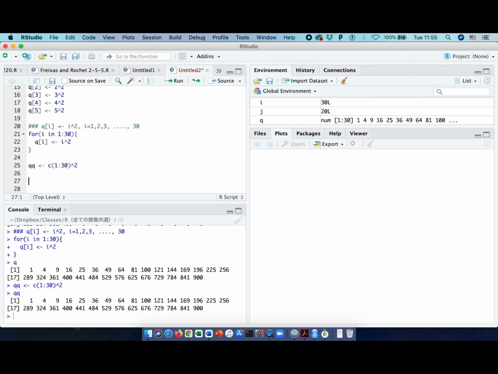But the next example is actually an example for which you have to use a for loop. You cannot avoid using a for loop. So that's a difference equation. So example 3. So let's compute a difference equation of the following. Okay, the first element is 1. The second element is also 1. And the nth element is